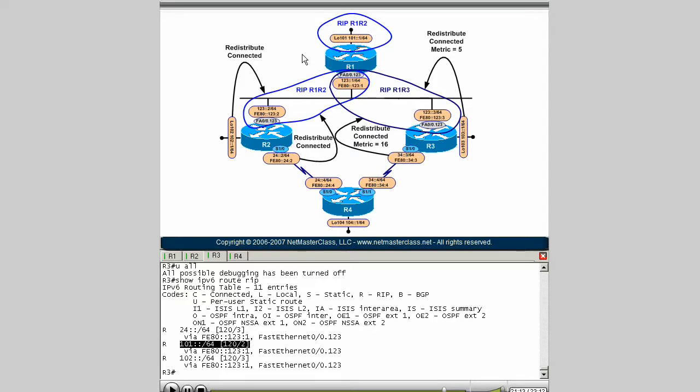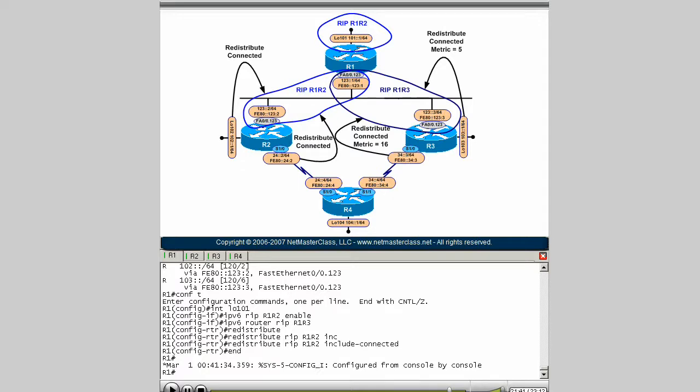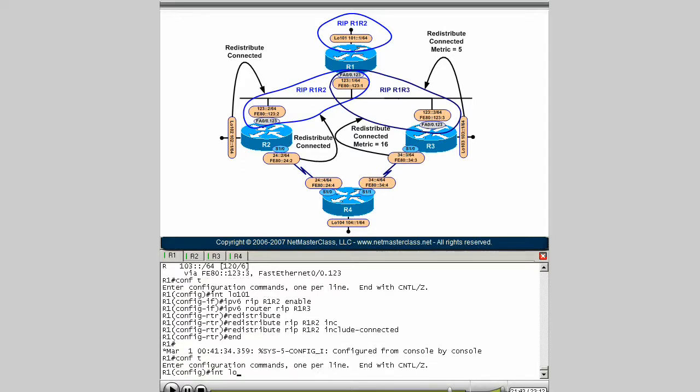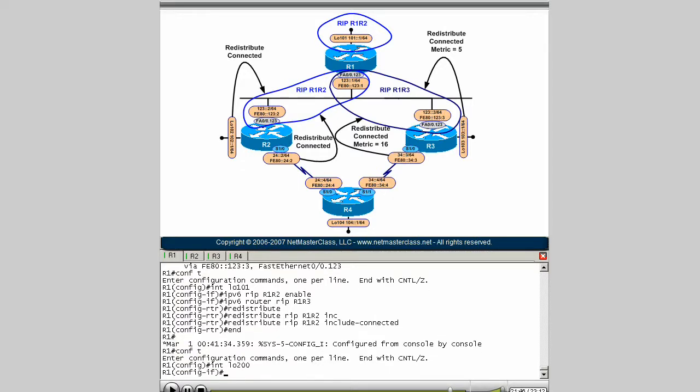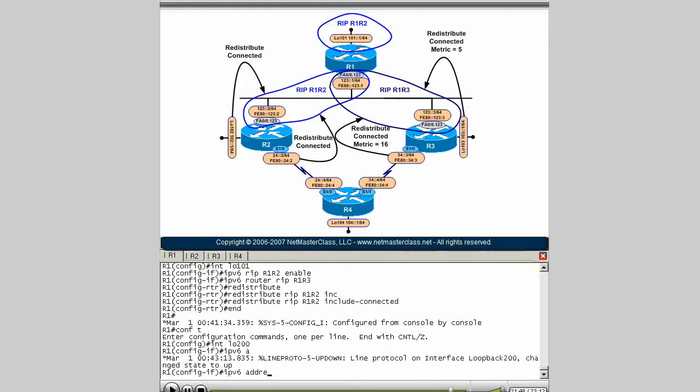If you were to add another interface here and do the include connected, it wouldn't go in. So the redistribute connected as opposed to the include connected is much broader, isn't it? If we say redistribute connected, we're going to get every single connected interface going in. The include connected, in this case, is only going to encompass R1, R2. We can prove this, obviously, and I can do it real quickly. We can say interface loopback 200, and I can say IPv6 address